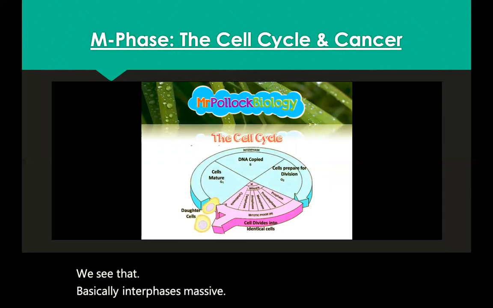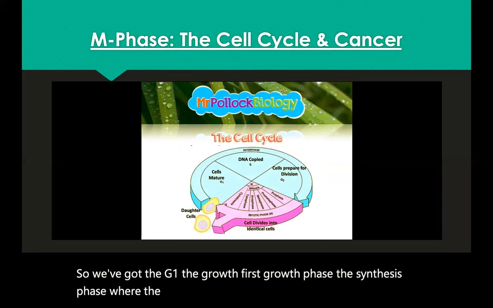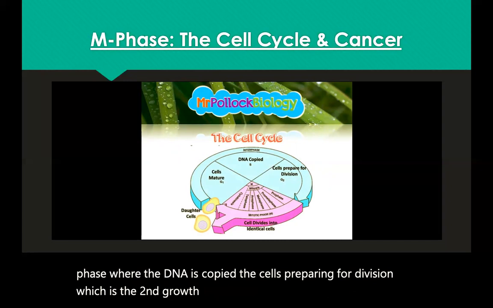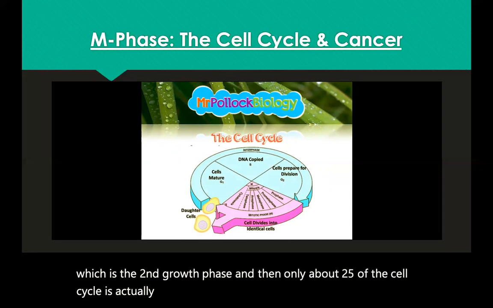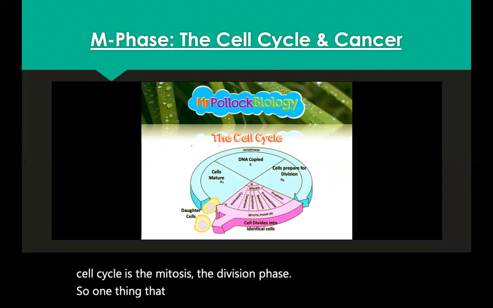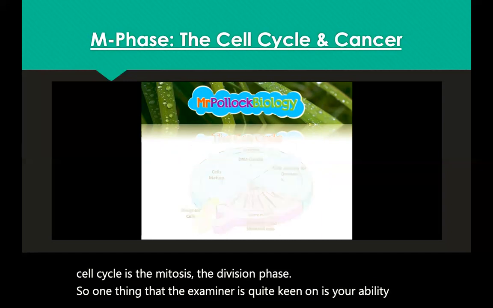So we've got the G1, the first growth phase, the synthesis phase where the DNA is copied, the cells preparing for division, which is the second growth phase, and then only about 25% of the cell cycle is actually the mitosis, the division phase. So one thing that the examiner is quite keen on is your ability to recognize the